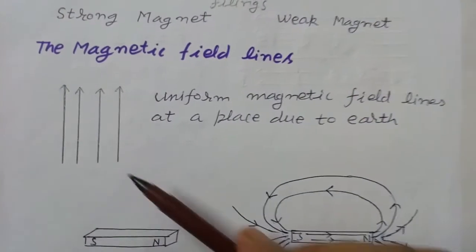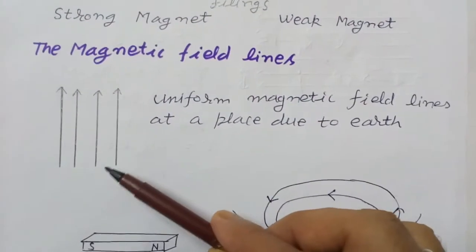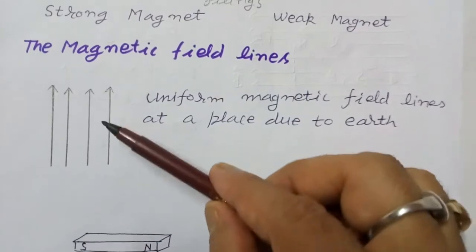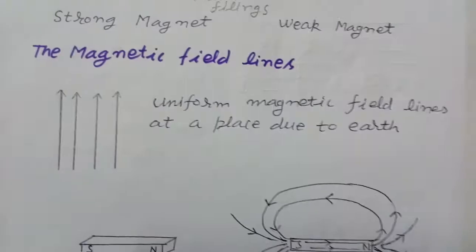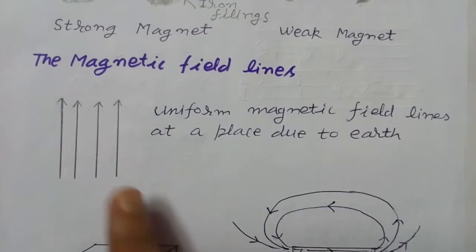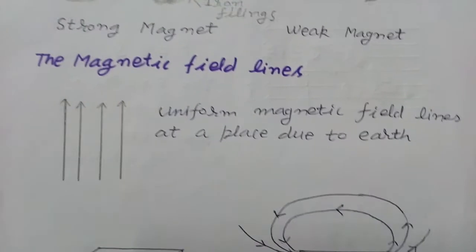ये जो parallel lines हैं ये किसी प्लेस पर अर्थ के हॉरिजॉन्टल कंपोनेंट की मैग्नेटिक फील्ड को प्रदर्शित कर रही हैं, क्योंकि गिवन प्लेस पर इनकी वैल्यू क्या होगी, कांस्टेंट होगी।